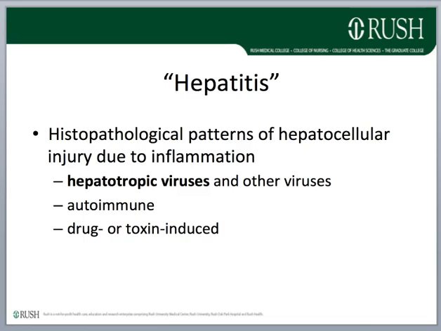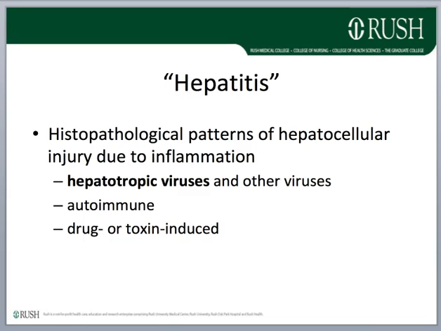This talk is going to focus on hepatotropic viruses and other viruses, but keep in mind that these changes are not specific to viruses or viral hepatitis and can be seen with hepatitis that's due to autoimmunity or that is drug-induced or toxin-induced. So we will just apply these same histopathological patterns in conjunction with other clinical and laboratory findings